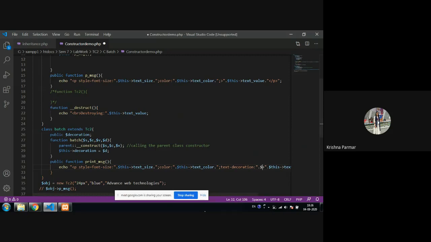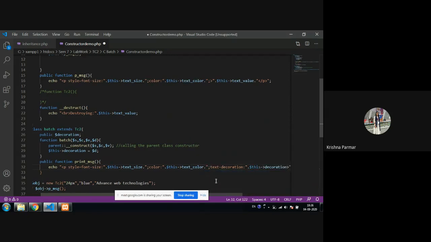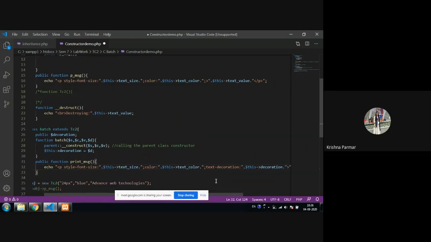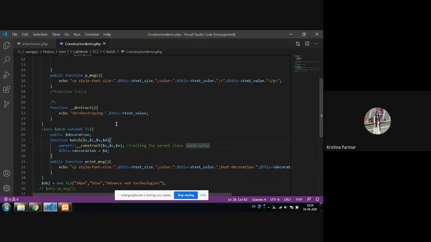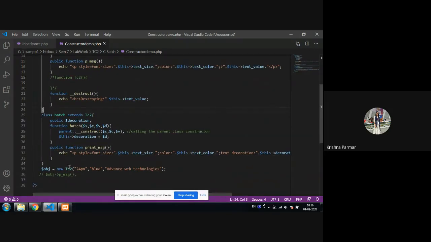Then after this, the decoration property that we already defined in this class, again the dot operator, and then the double inverted comma. This way we can do it. Fine. So this is all about your constructor concept, where we are also calling the parent class constructor.